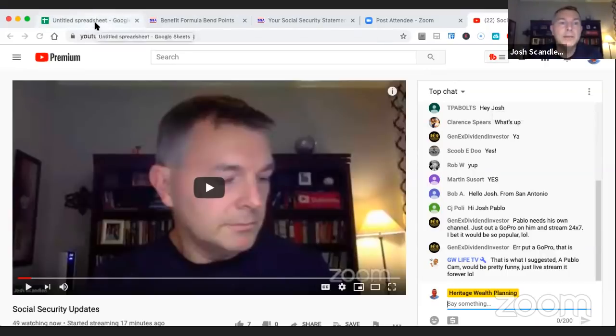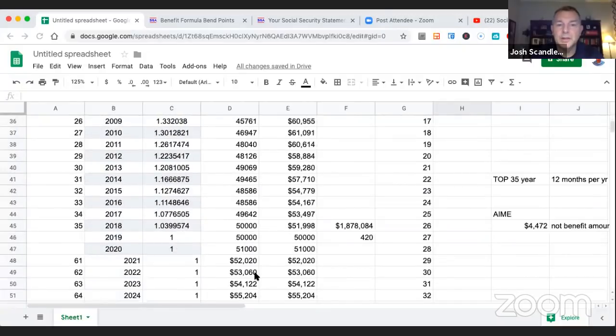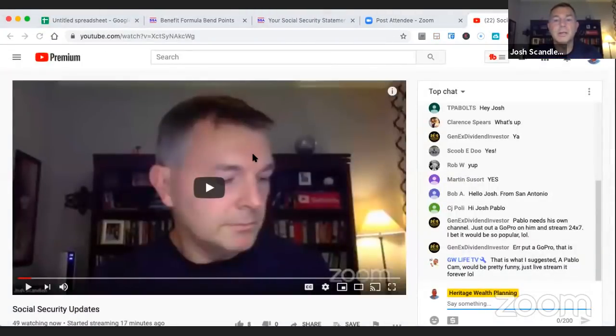Now, again, if we go back to her spreadsheet, by working these extra 9 years, she'll have another $495,000 with which she was able to pay down debt, put into her 401k, not having to draw her IRA money, all that stuff. But in terms of adding to her Social Security benefit, it really does not do much. So if you're in a crappy old job, but you think you need to stay in it because you're going to increase your Social Security benefit, there's no evidence of that at all. And again, the reason is because they only take your top 35 years of indexed earnings,